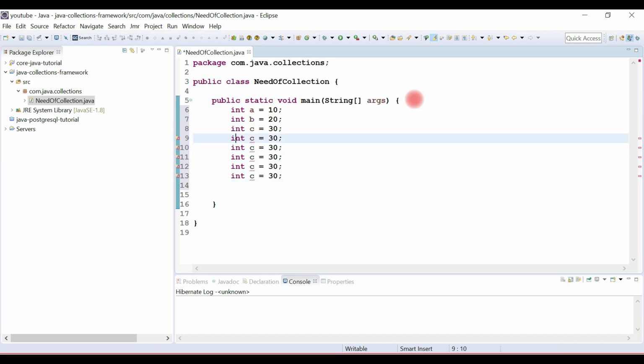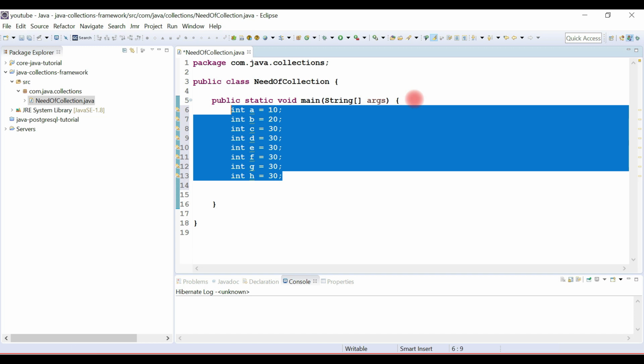Alright, and I need to give a name to each integer variable like d, e, f, g, h, something like this. So this is how we store integer numbers in individual integer variables. Let's say I want to store 10,000 integer numbers in integer variables.